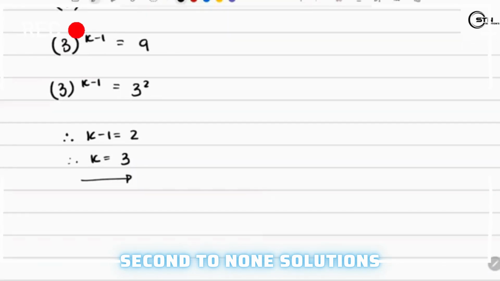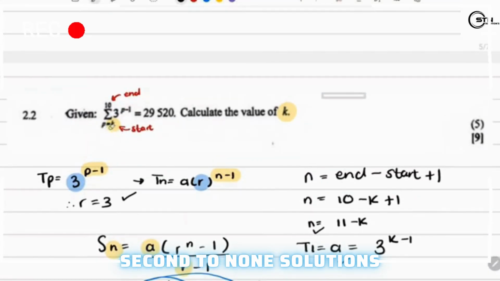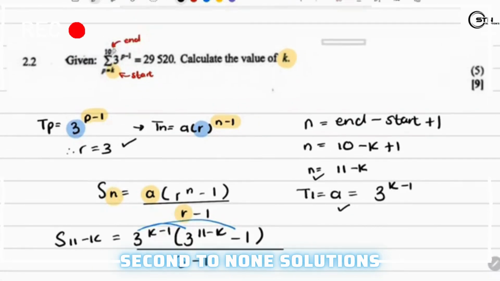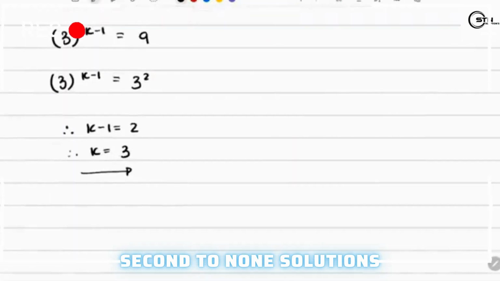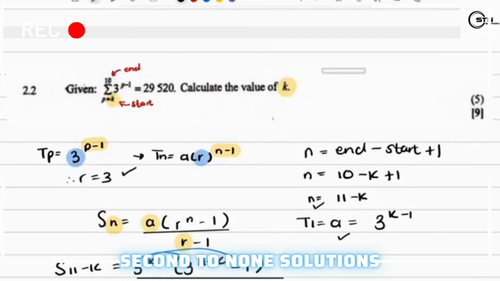You can go ahead and test it out. You can go ahead and take k is equal to 3 and put it there. And then find your first term, second, and third term. Then find the sum of that series, making sure that you find n by saying top or the end minus the start plus 1, and then you actually find that you will get this number. Okay, so k is equal to 3, and that is it for question 2. And let's move on to question